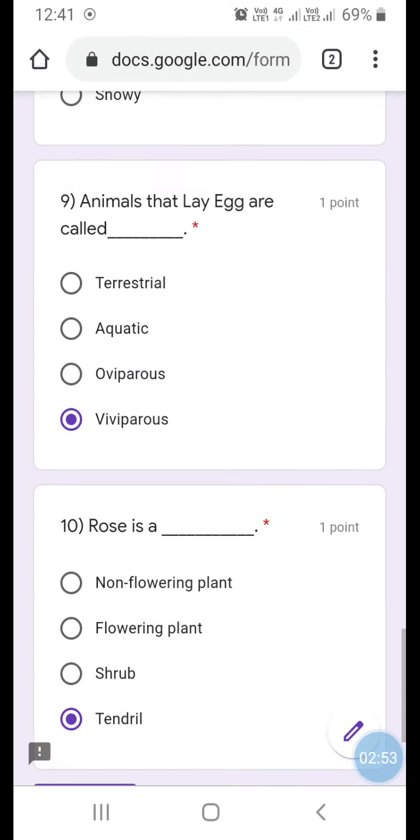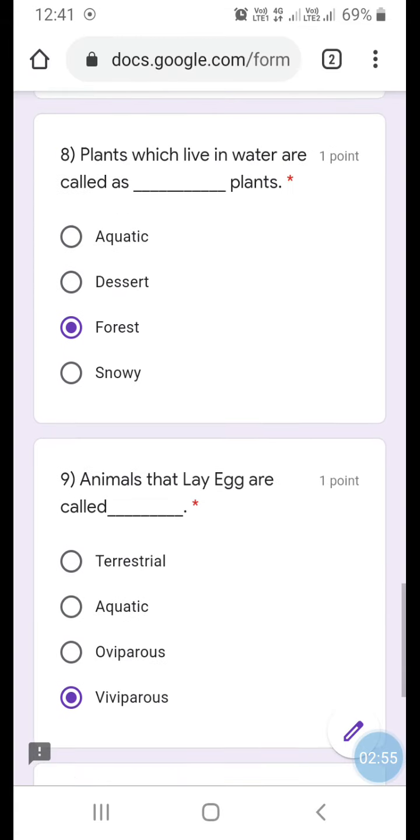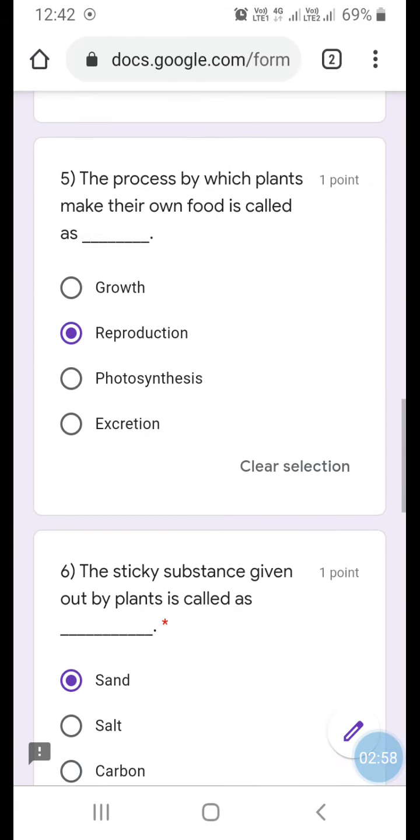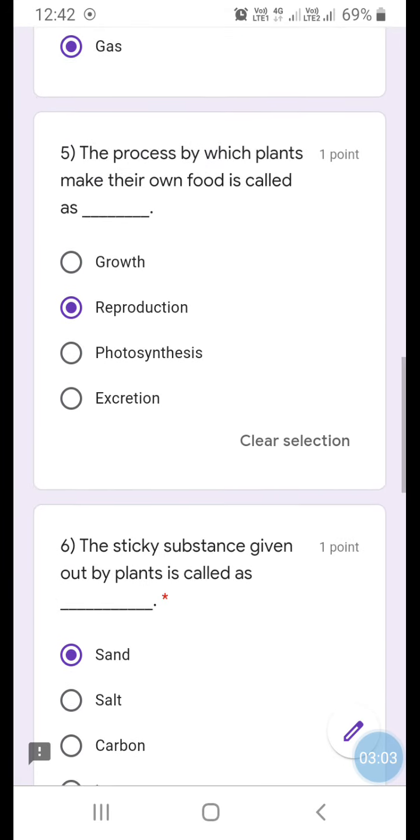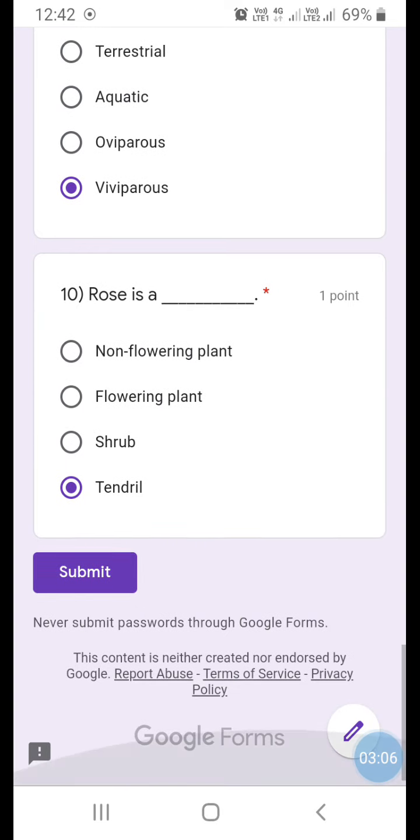Okay, now once you finish selecting all the answers for the 10 questions, as this test has 10 questions, once you finish filling up 10 questions, you have to click on the submit button. But before you click on submit button, see that whatever questions you have solved are correct. Secondly, once you finish submitting the form, the link will not be opened to you again. This form can be filled once for all.